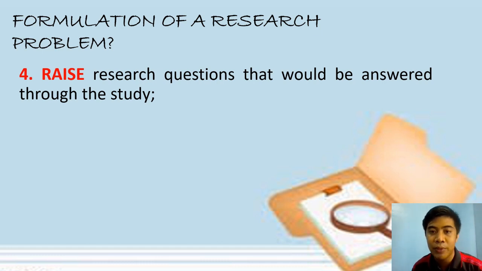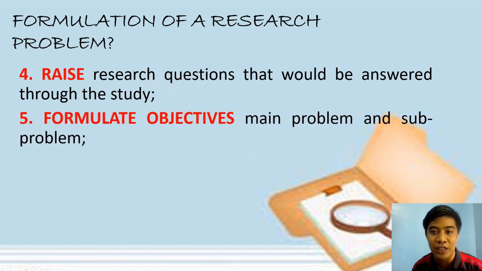The fifth step is to formulate your objectives. Your objectives should be extracted from the research questions. The only difference between research problem and your objectives is the way it is written. Research questions are written in an interrogative manner or interrogative sentences, while the objectives are action or aim-oriented statements consisting of words such as to explore, to investigate, to examine, to find out, and so on.